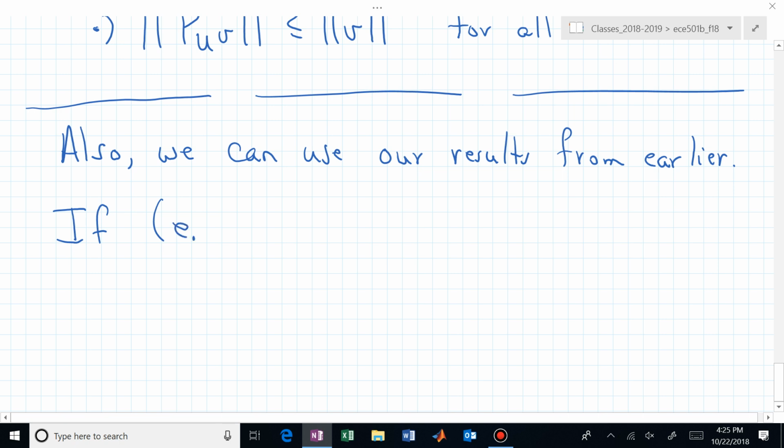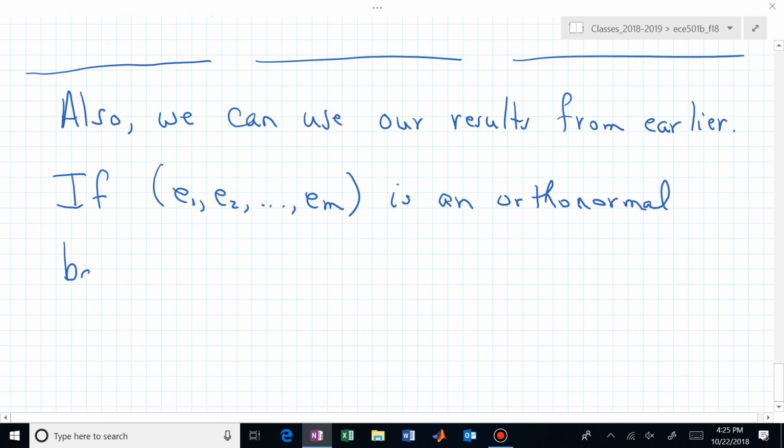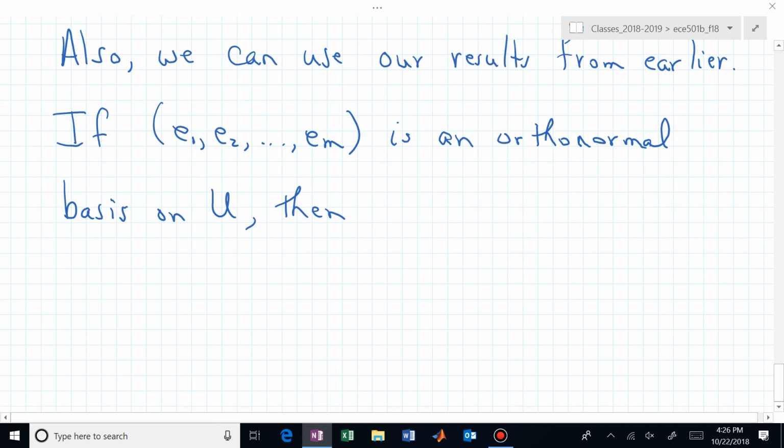Suppose that we have a list E1, E2 up to E sub m of vectors, and that list is actually an orthonormal basis of U. So you give me a basis, a list of basis vectors on U. You can find an orthonormal set or list from that. So you now have an orthonormal basis on U, and that's now given by these vectors E1, E2 through E sub m. Then the orthogonal projection of V onto U can be found by taking a scalar,